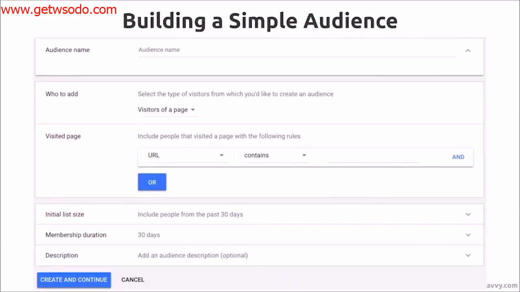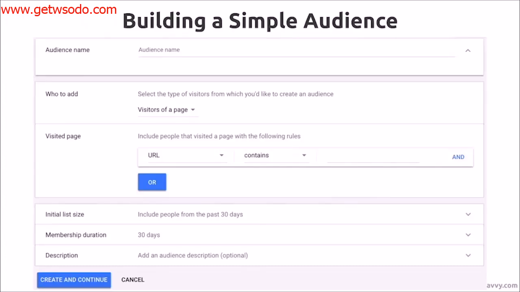Now you need to build at least one audience. So a remarketing list or a remarketing audience, it's the same thing. I'll use those terms interchangeably. And you can see here, you give it a name, and then you say people that go to this particular page. So people that go to my Windows section of my site, I'm going to build an audience of people that visited, you see here, URL contains, people that visited all of the pages that contain the word Windows. Or if I wanted to build a remarketing list of people that bought from me, URL contains success or congratulations